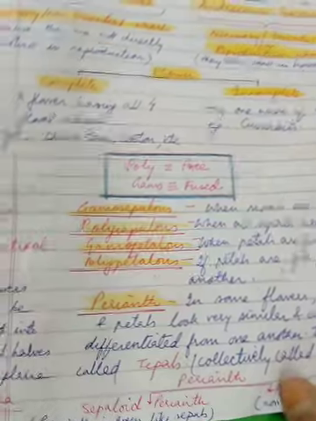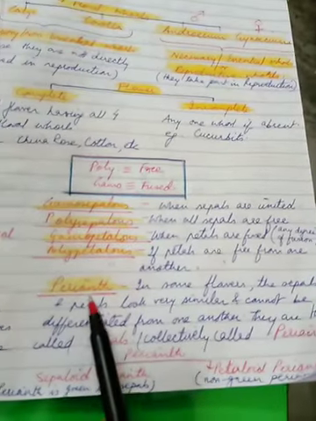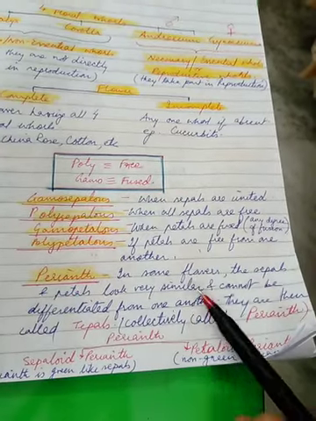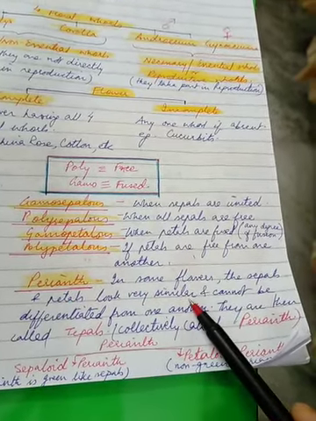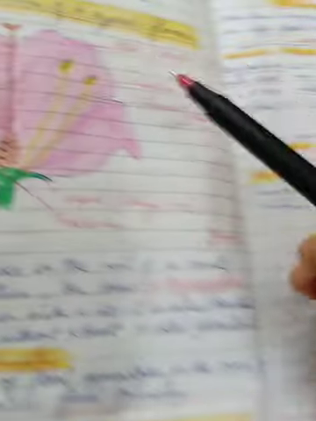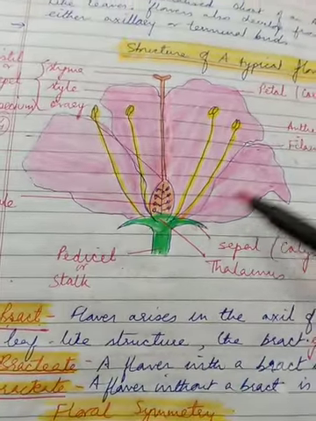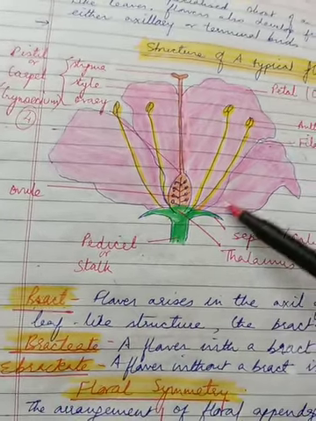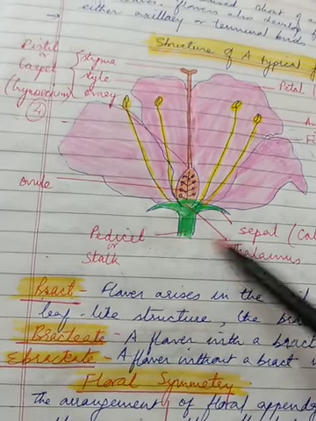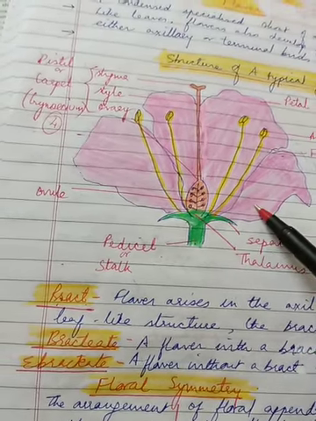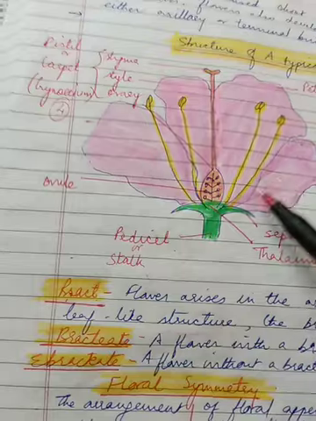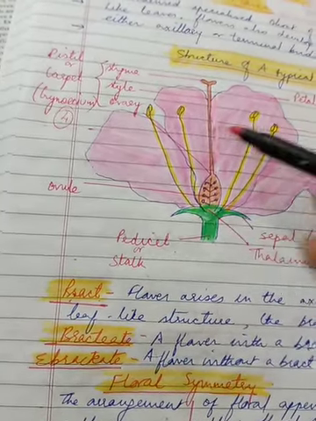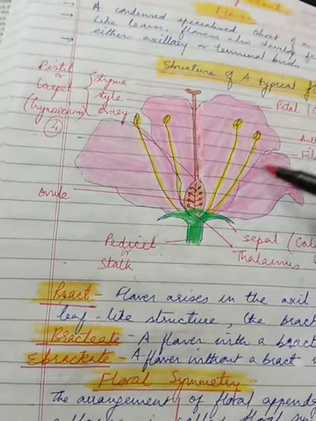Then moving to another term to revise, perianth. Now what happens, children? Sometimes there are flowers in which sepals and petals look the same or very similar. Like just now in this flower you can see sepals are green but the petals are colored. So anyone would differentiate. But imagine there are flowers when both look almost similar, and almost nobody can differentiate, right? So such collection of structures, either they are all green or they are all colored, so that nobody can differentiate.